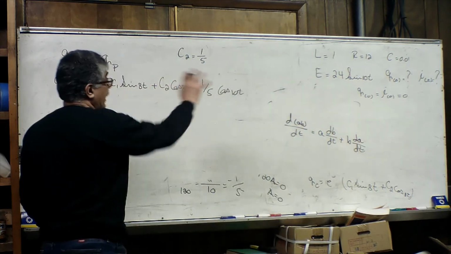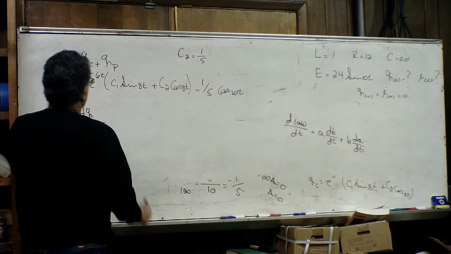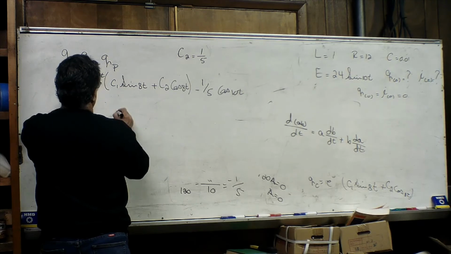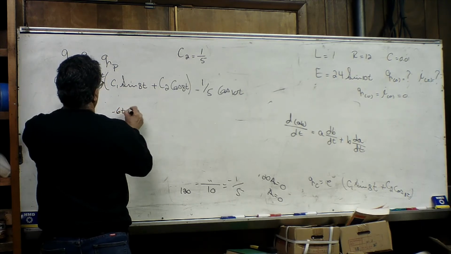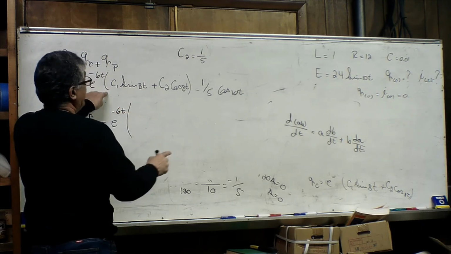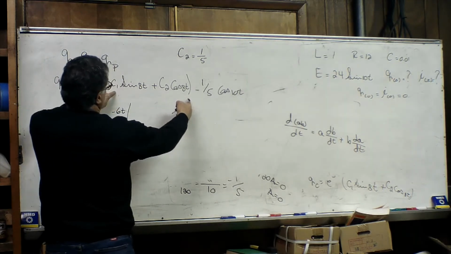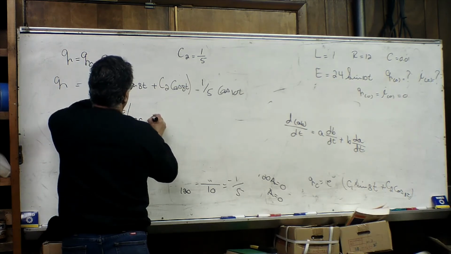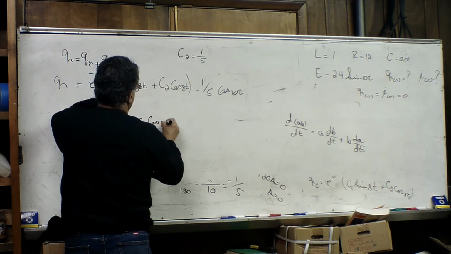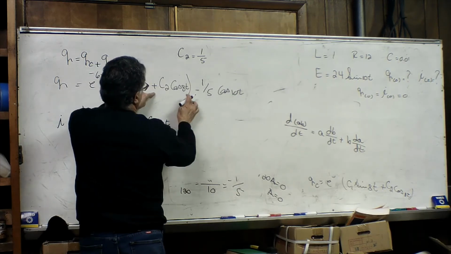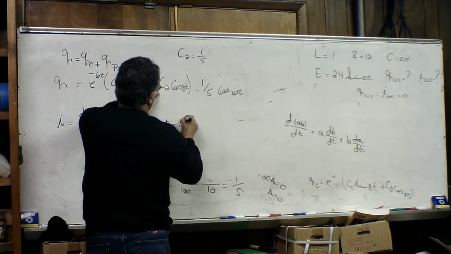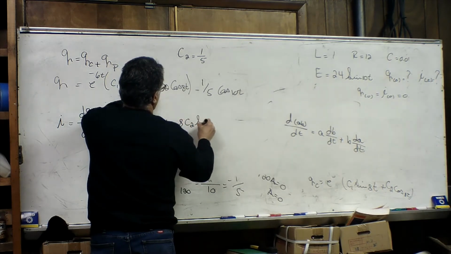So if we use that formula, the first, which is e to power minus 6t, multiplied by the derivative of this. Derivative of this will be 8 C1 cosine of 8t, and derivative of that is minus 8 C2 sine of 8t